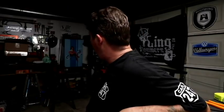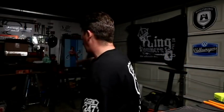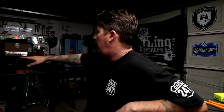I just got to go through all the miscellaneous stuff that I've shoved on the top of my workbench and all over this workbench and on the floor. I'm just going to start tidying things up. I've got to clear some stuff out from underneath. I don't even know what half that stuff is. Some of that stuff down there under the workbench